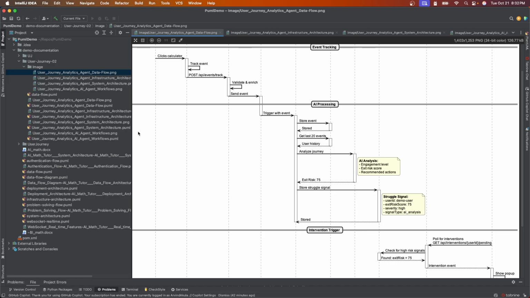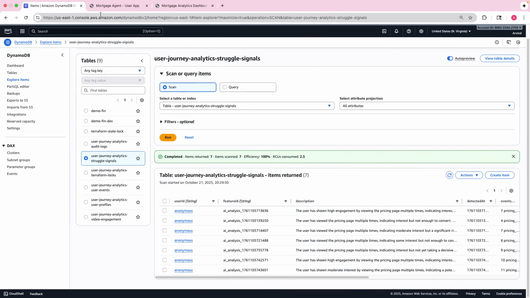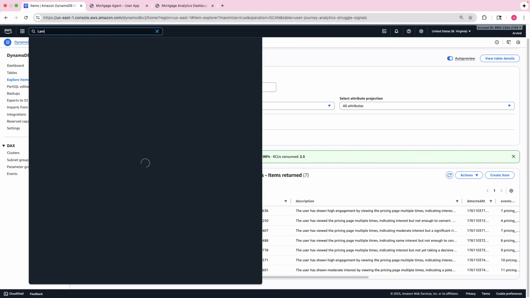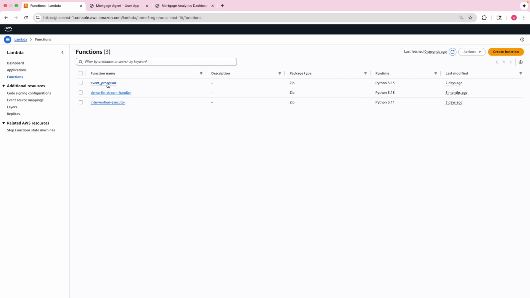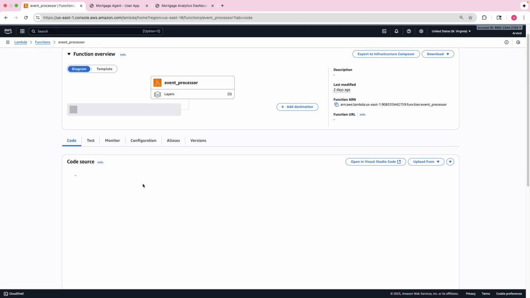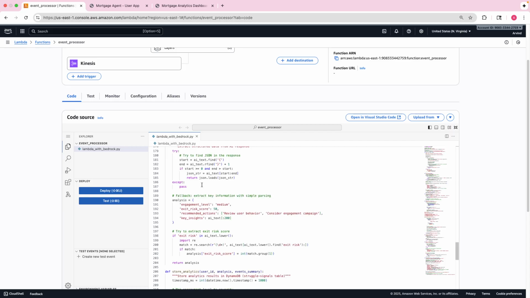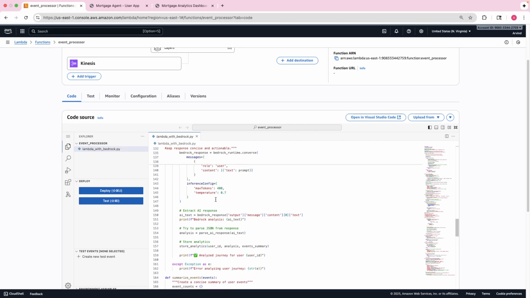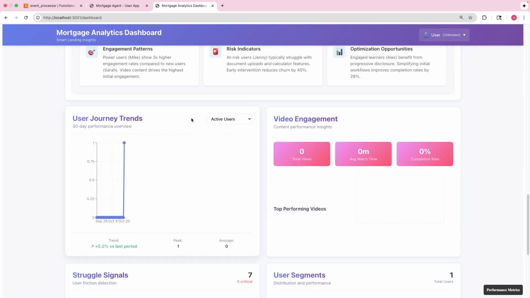Similarly, this is the data flow which I showed you the first time. So for now he's using a calculator. We track the event and we send all the events here, right? So I can show you how we developed here. I can show you the Lambda which we created. So this is the event processor Lambda which takes the events, processes the inputs and sends it to the application, right? And here this is the main admin portal where we see the struggle events,